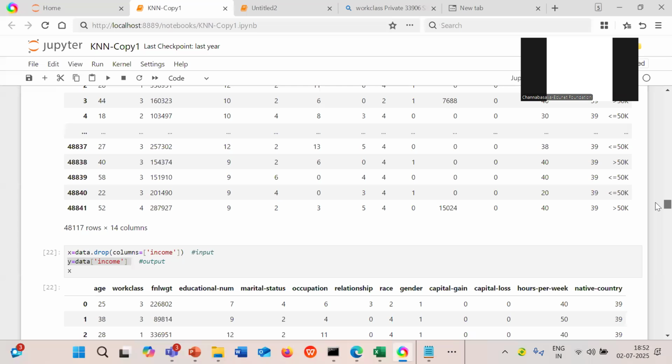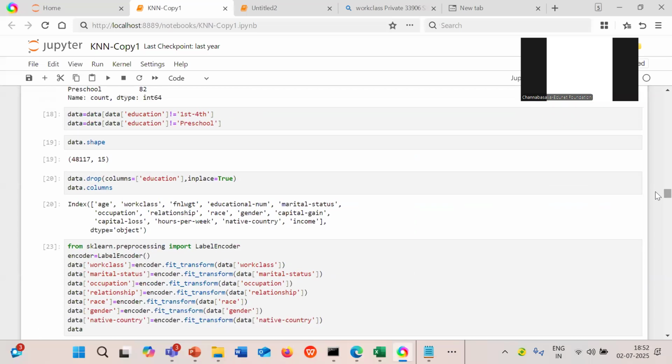Hope this is clear to everyone, and you can start working on the project, students. I have started the idea of how we are going to work on the project. In the upcoming sessions also, we are going to explore different techniques of employee salary prediction, how we are going to work with the data set as well, and different methodologies and techniques to work on the particular problem definition.